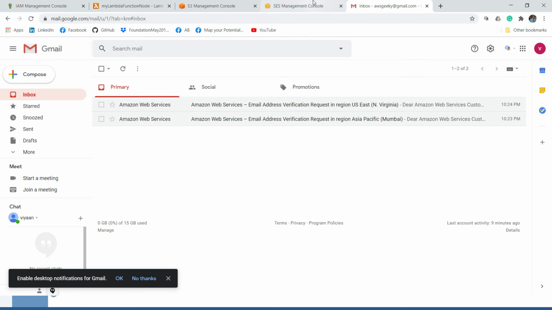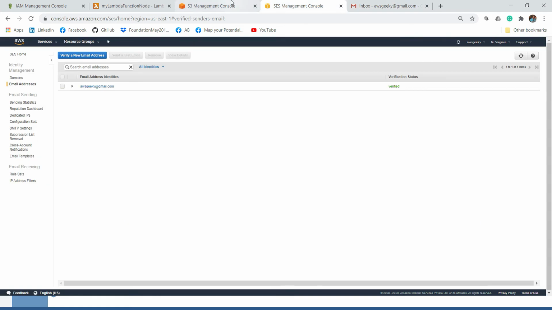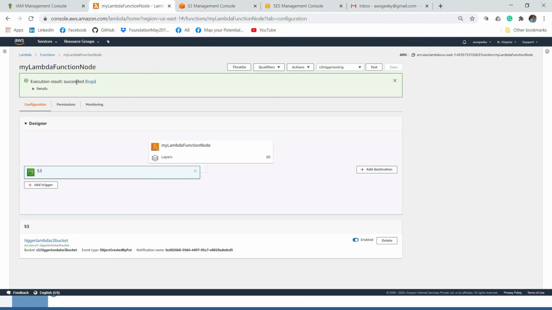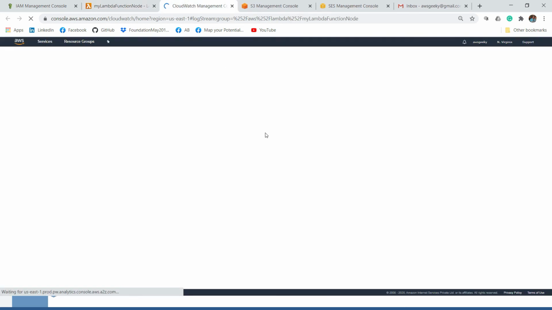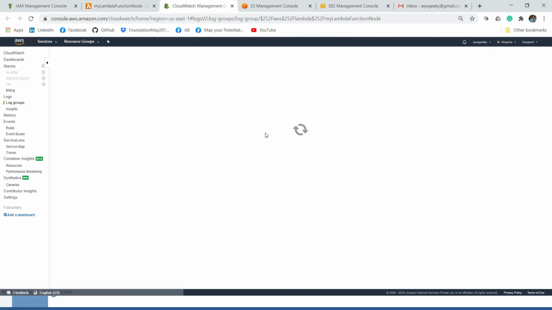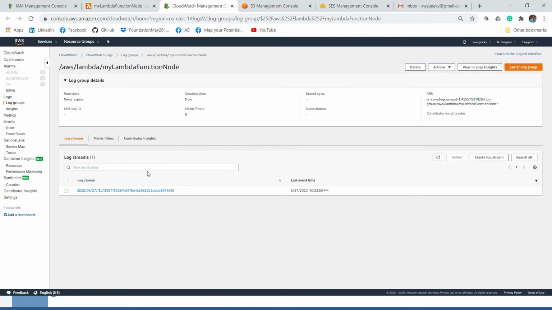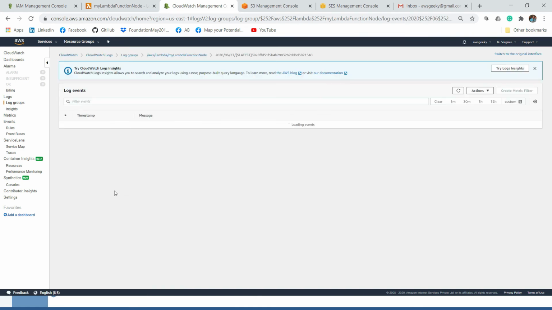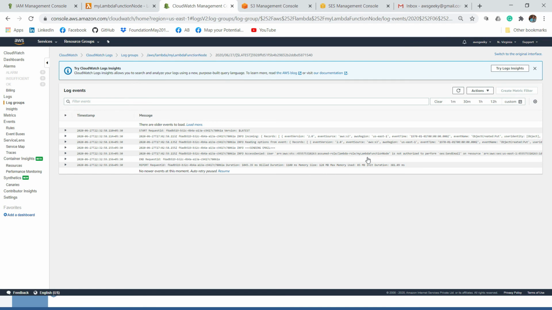We haven't got any email, so what could be the reason? Either we can go to logs, but I think I already know what the reason is, but just to show you guys, let me go to CloudWatch now. For people who don't know what CloudWatch is, this is like a centralized logging platform in AWS. So this is where the logs are stored, and it says